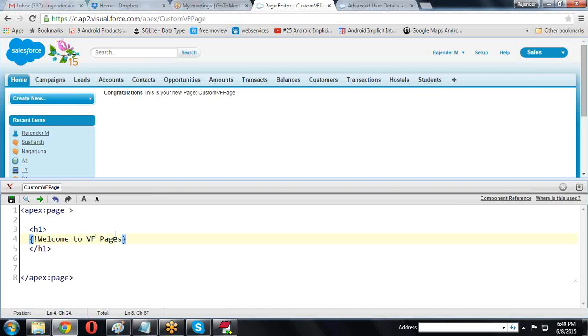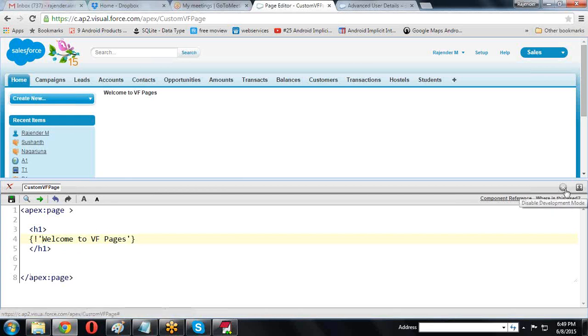Here the function follows the same standards. If I write normally, it cannot accept. Just save this one. Whenever saving, welcome to VF pages is shown, so directly here we can view this data.